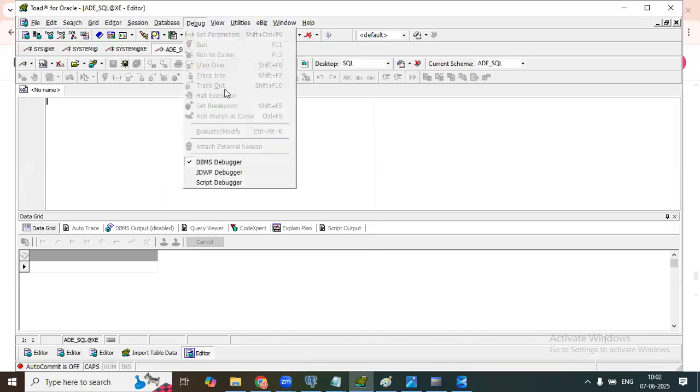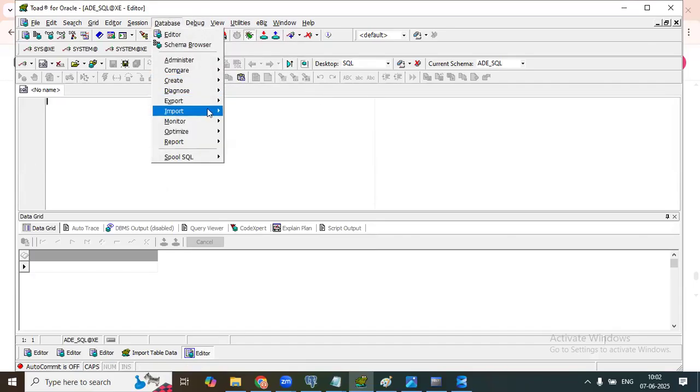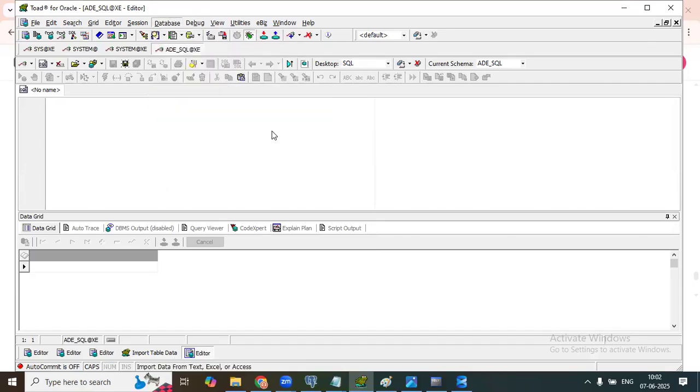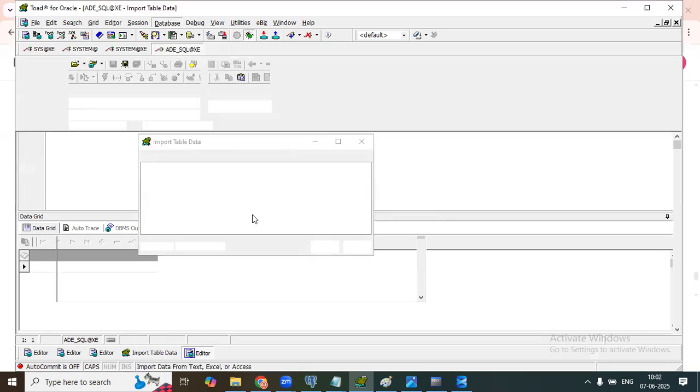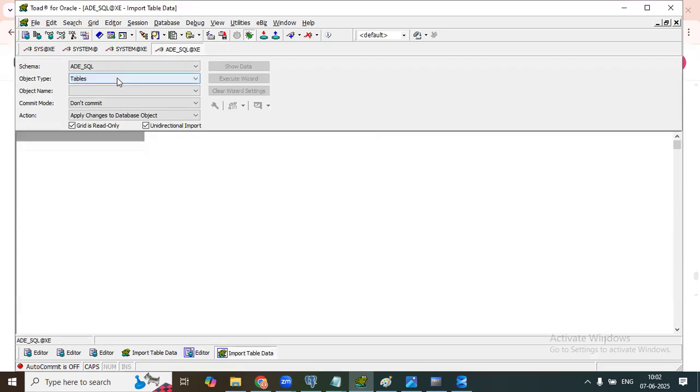Database, click on import, click on table data, source files or whatever it is. You can say ADE table, which table you want to do, student, commit or don't commit, show data. It's not having any data. Okay, execute wizard.